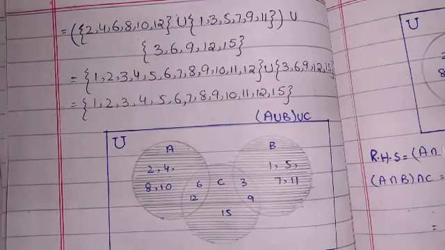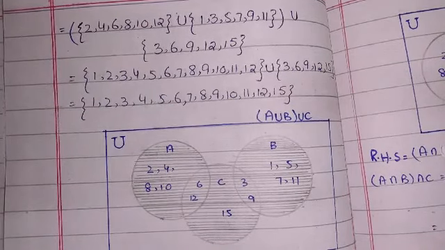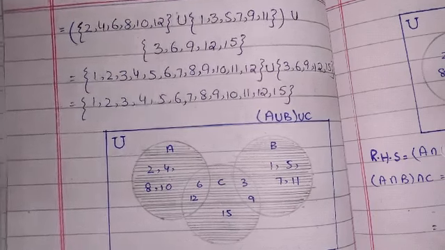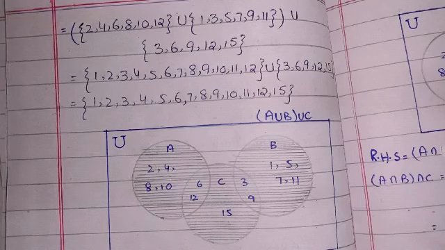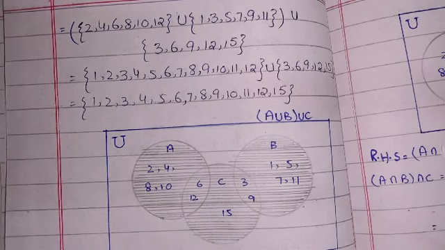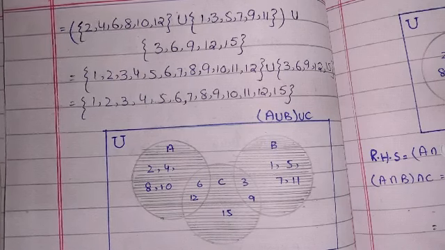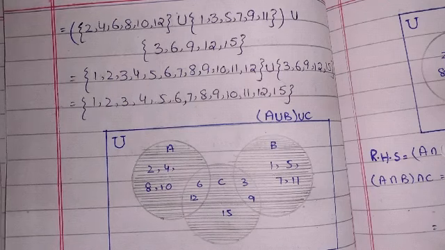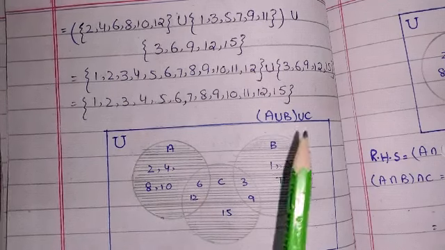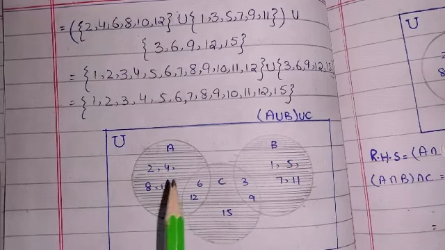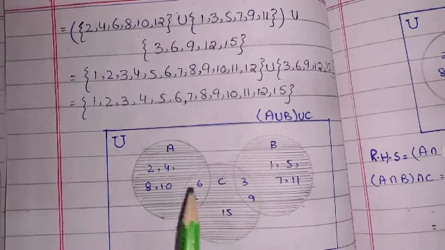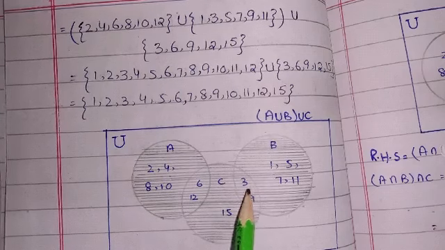is also the same. Remember one thing, students: in question 3 part A, when we solve all the first 4 laws with the help of the given 3 sets, we will draw the same diagram, but the difference is only the shading. Now students, here we will draw our operation (A union B) union C. Here is our universal set, set A, set B and set C. In the overlapping area we will write the common elements.